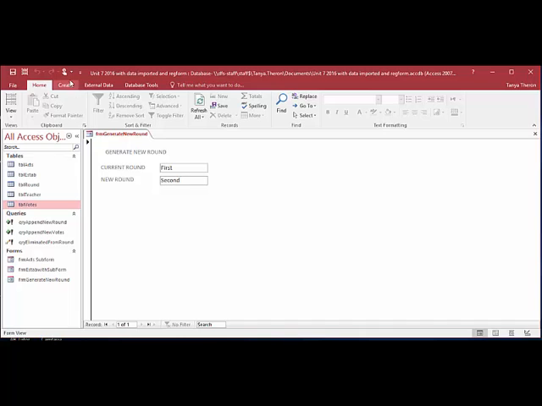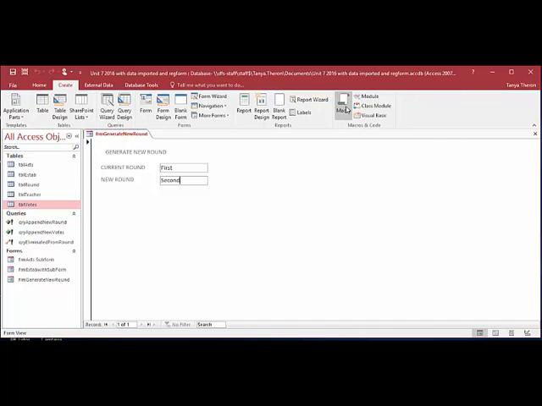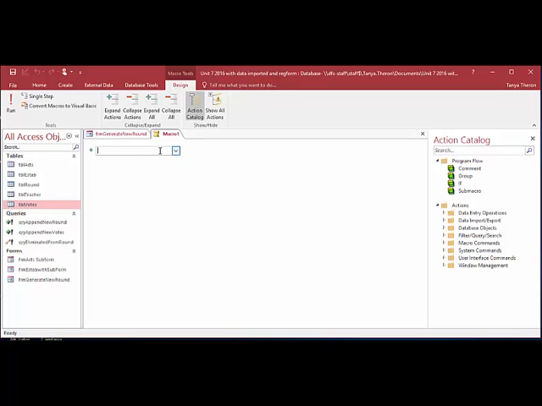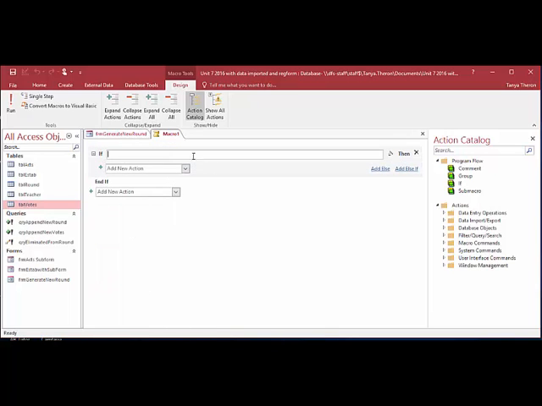I'm going to go to create macro, and the first thing I'm going to do in my macro is have an if statement, because I'm using the is null function to check if something's empty. I could use build here, but because I'm going to run this macro from the form, form generate round, I can actually just refer to the name of the field on the form. So I'm going to say if is null current round, close brackets, or is null new round,